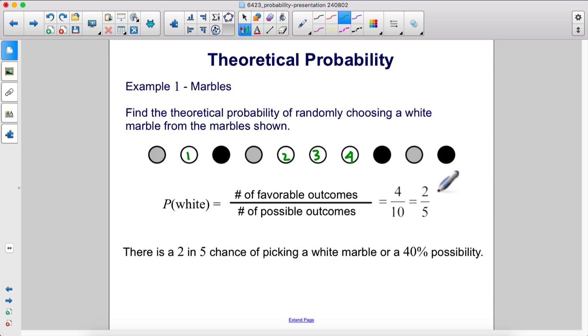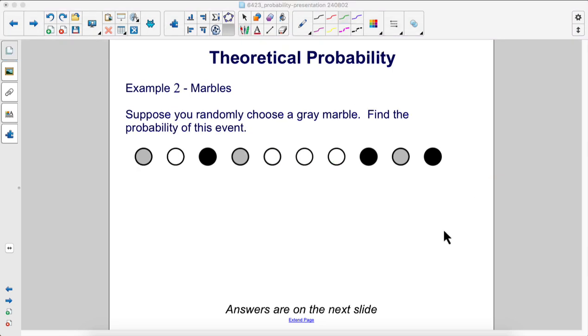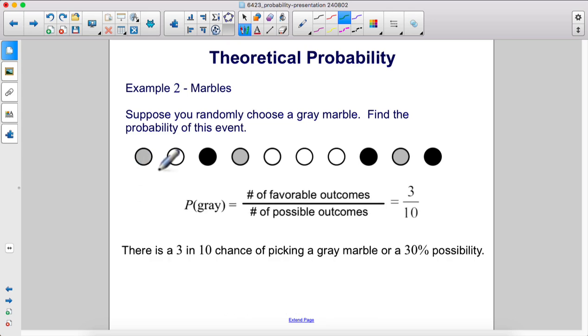So this reduces to 2 over 5. There's a 2 in 5 chance of picking a white marble, or a 40% possibility. Suppose you randomly choose a gray marble. Find the probability of this event. Of the 10 possible marbles, 1, 2, 3 of them are gray. Therefore, 3 out of 10, there's a 3 in 10 chance of picking a gray marble, also known as a